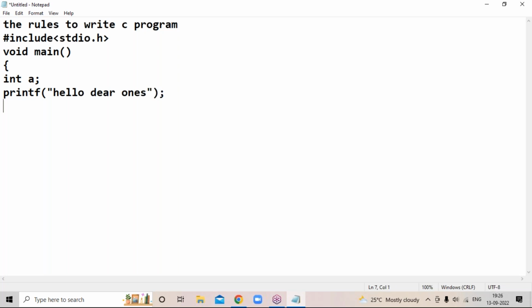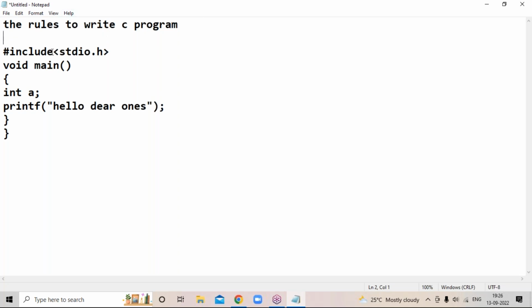Okay. And then finally comes the flower bracket. Now we will have this in more detail. What is this hash include? Hash include is nothing but,